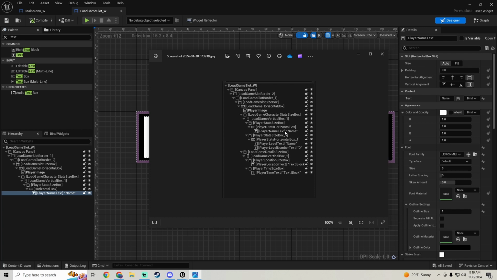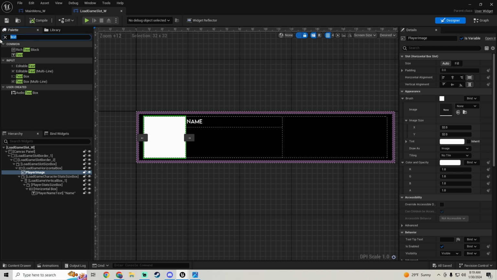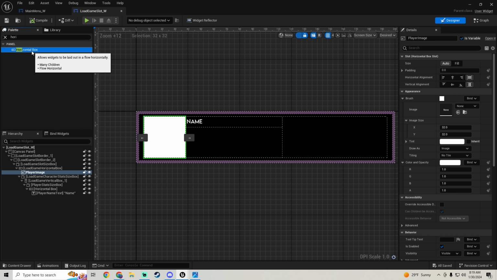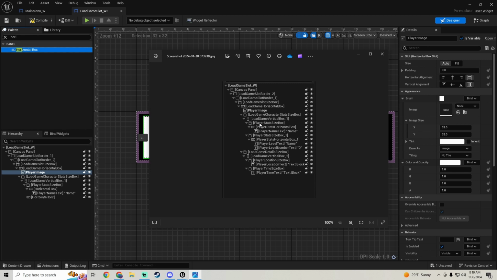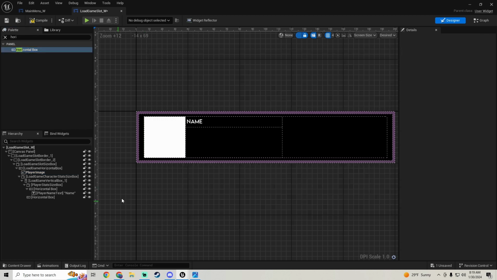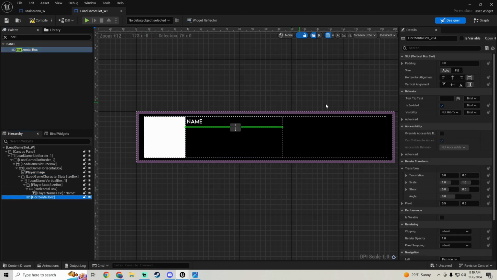Player name text. Player stats horizontal box. Let's grab another horizontal box. We'll put this on the load game vertical box, I believe. Horizontal box? Yeah, there we go. Then we're going to call this